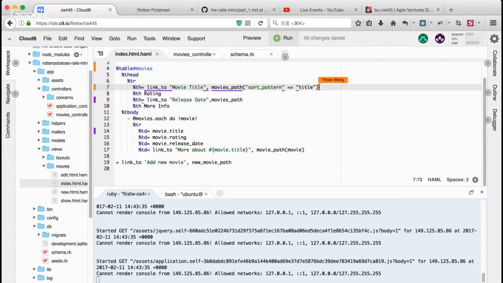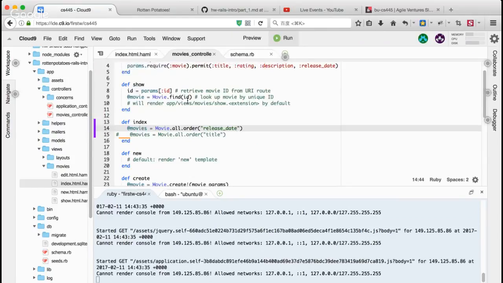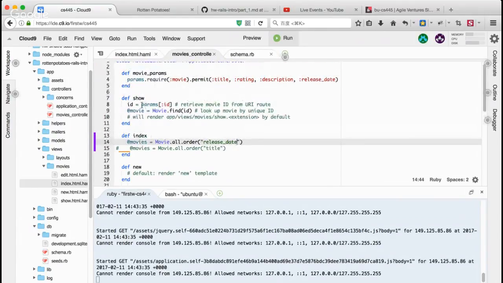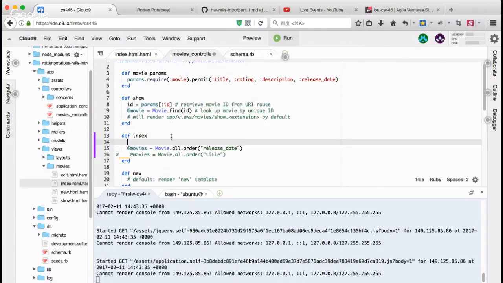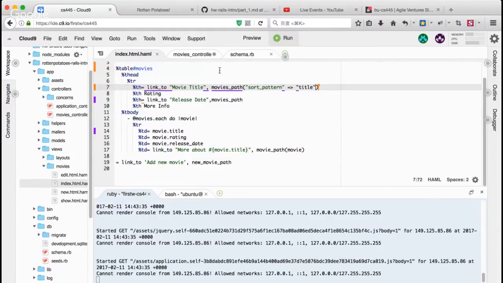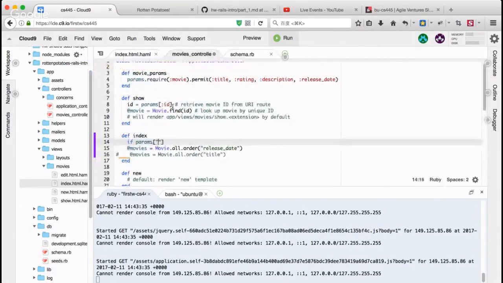Okay. But what about the controller? So how can it receive these parameters? I think I found something, in shows, it just says the param and then ID. So can we do the same thing here? So I mean, just if the param, and I think you use the sort pattern. So just sort pattern equal to